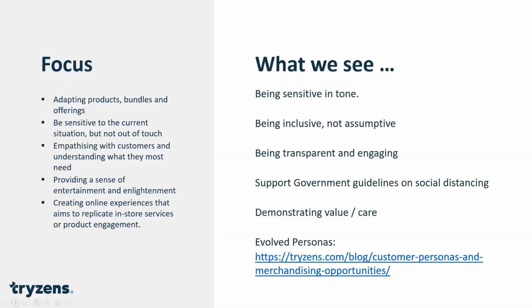So being sensitive in tone, being inclusive and not assumptive that everyone is still even employed, for example. A number of people, unfortunately, have lost jobs during this lockdown period. Being sensitive to that messaging is really critical in the way we go to market, but also being transparent and